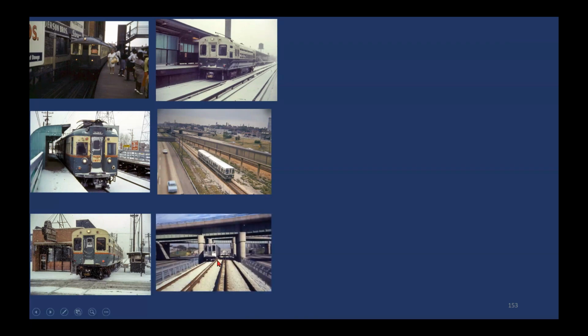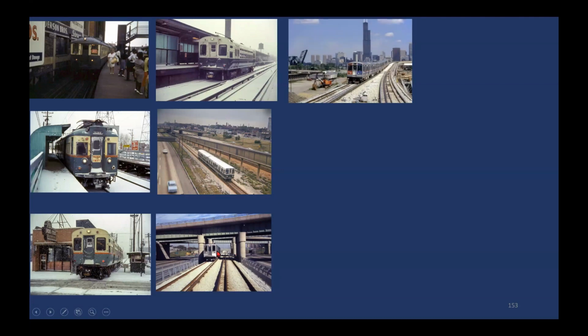In 1969, the Budd cars came to open Dan Ryan, the new Dan Ryan service, and then in 1970 the Kennedy service. In 1977, the 2600 series cars came on the scene that were taking the place. The 4000s were already gone, but to expand